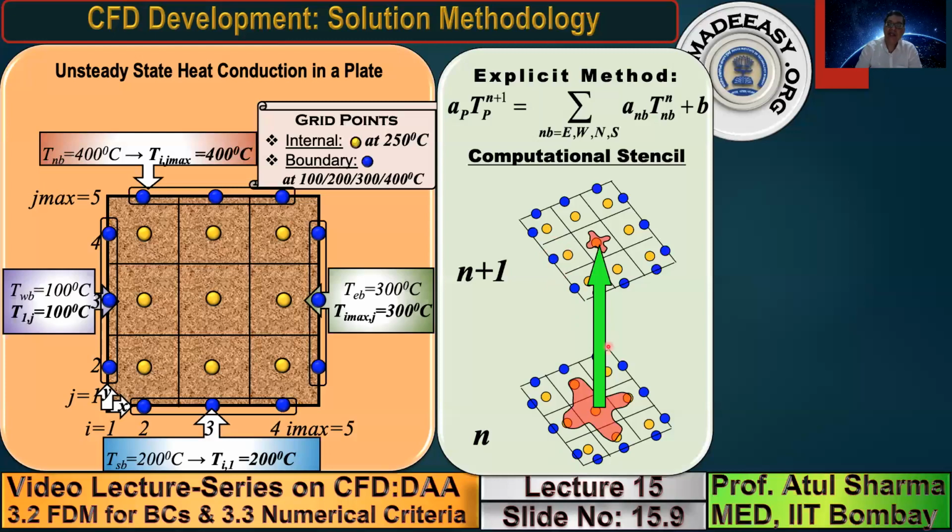Okay, now as far as the stability criteria is concerned, one of the observations is that conduction corresponds to a diffusion phenomenon. In a diffusion phenomenon, physically there are certain expectations based on the understanding of the nature of diffusion. So when we are developing our algebraic formulation, we have to ensure certain physical observations.